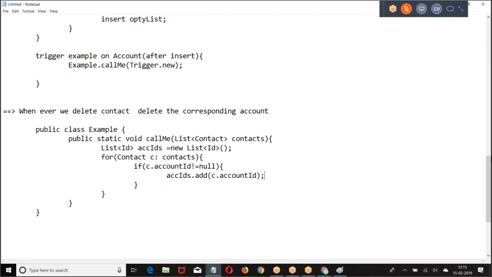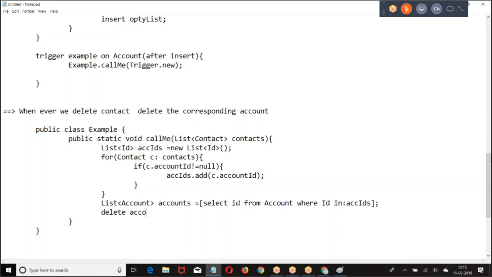If the contact we are trying to delete has any account ID, get those accounts, then straight away write the SOQL query for the list of accounts. Then delete.